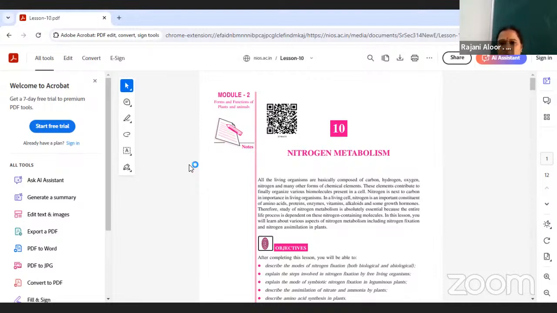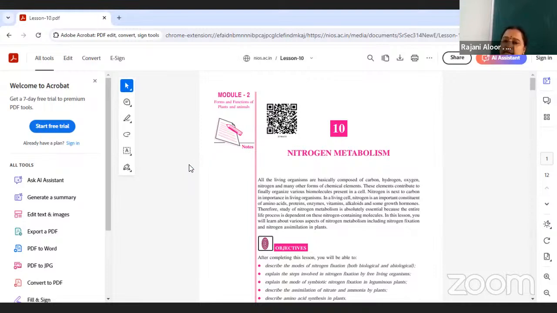These elements are the most important. They contribute to organizing the various biomolecules present in a cell. Nitrogen is next to carbon in importance in living organisms. In living cells,